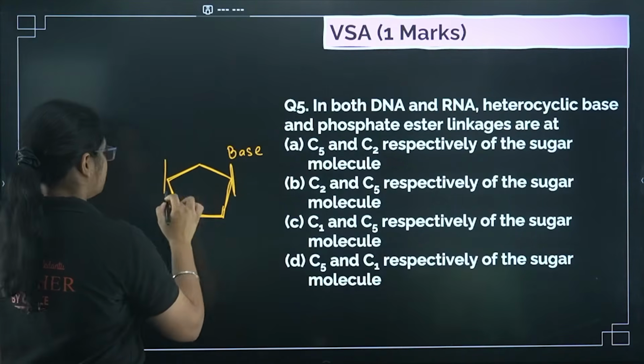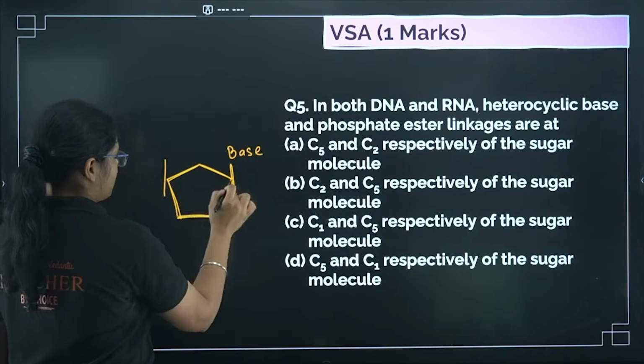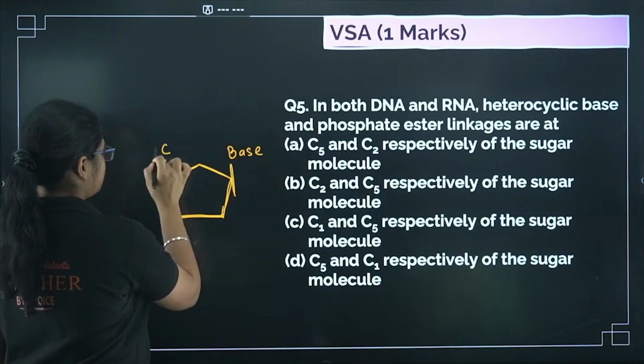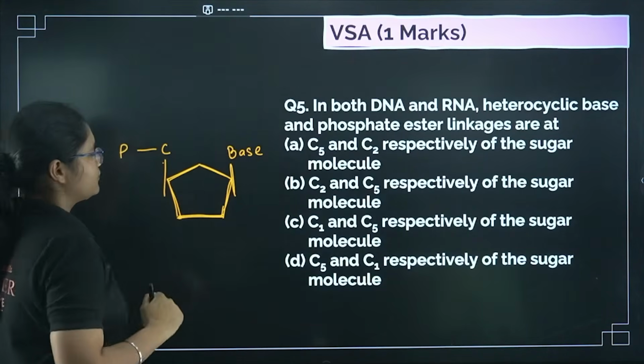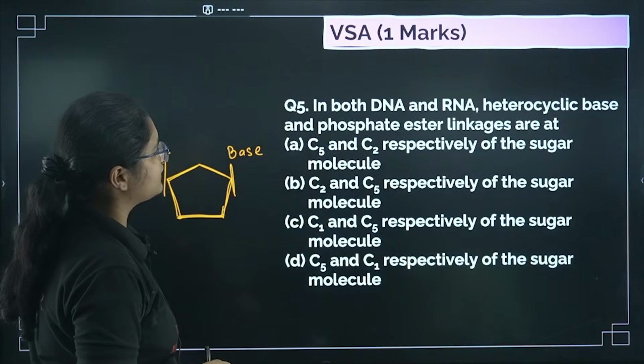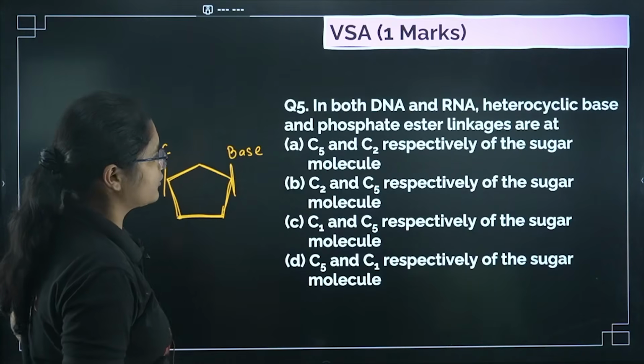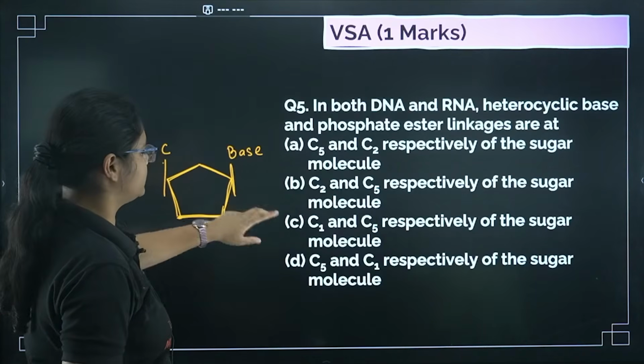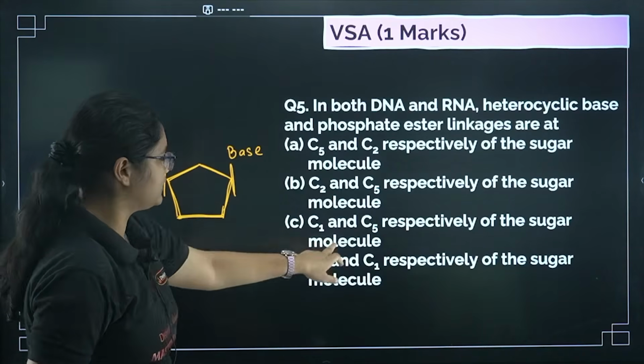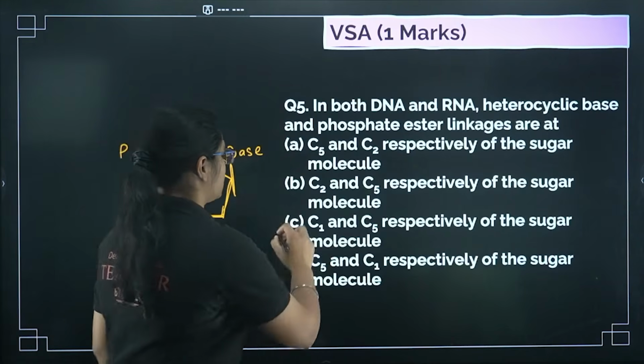And then here we have 1, 2, 3, 4, 5, on the 5th carbon we have the phosphate group. So the heterocyclic base is on the first carbon and the phosphate ester linkage is present on the 5th carbon, so that is option